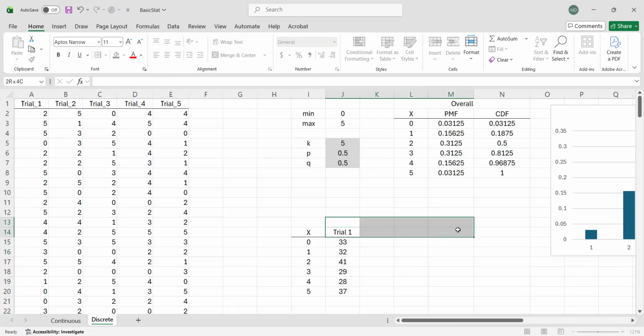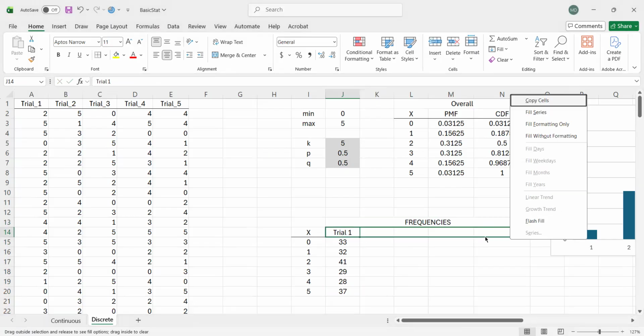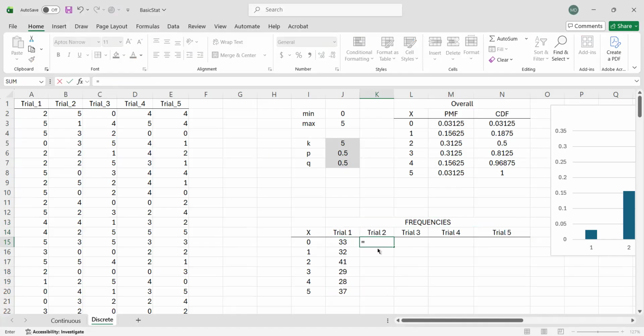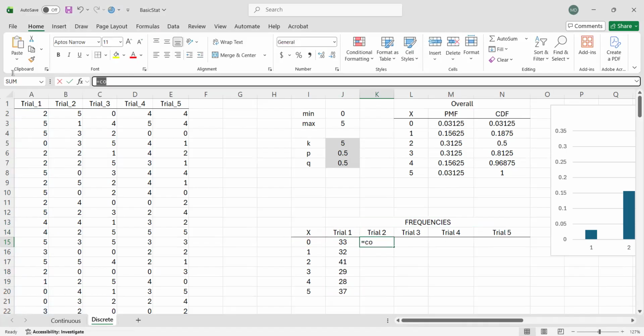So these are the F for each trial, the frequencies. And you do the same for trial 2 and so on. Just use COUNTIF, or maybe you can recycle this formula. Instead of column A, we now have column B, so just replace A with B.